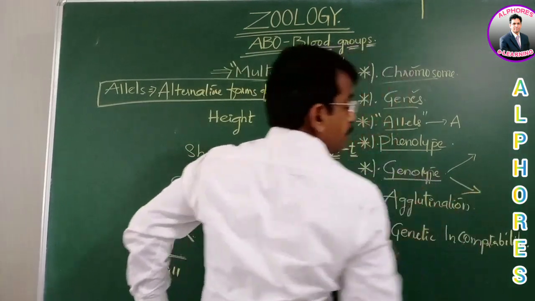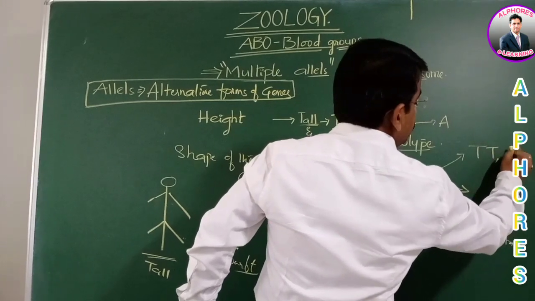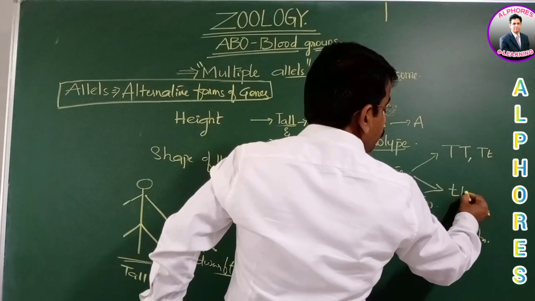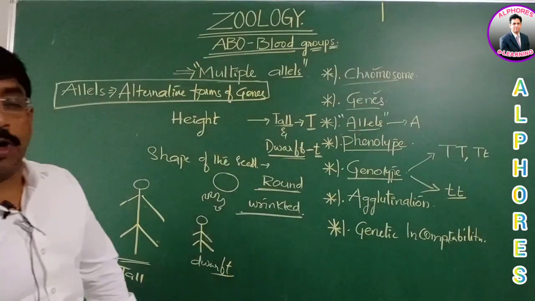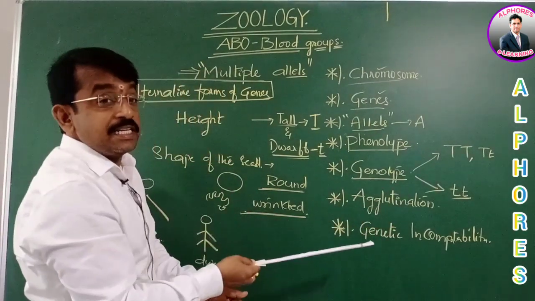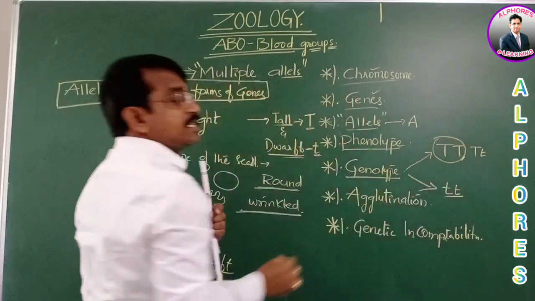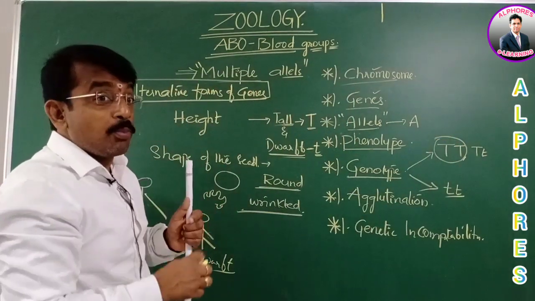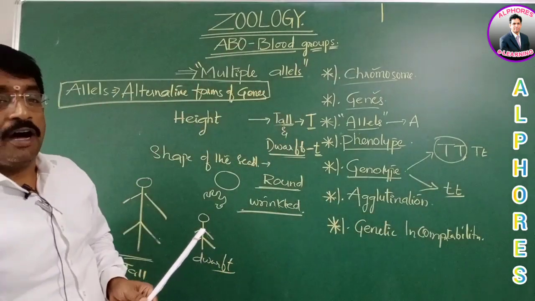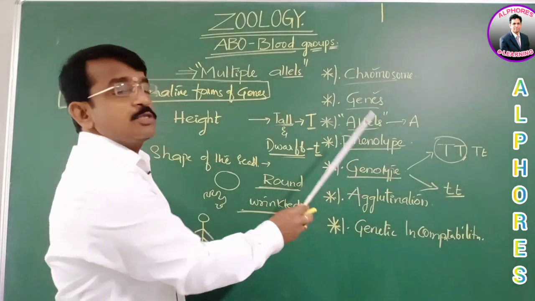Next, the genotype. Genotype, in the sense, is when a character is expressed in terms of the genes. For suppose, look here, tall is represented as capital T or capital T small t, and dwarf as a small t. What do you come to know? These are two alleles in a gene. By looking at this you say it is tall. On what basis? By observing the genes. So an expression of a trait based on the genes is the genotype.